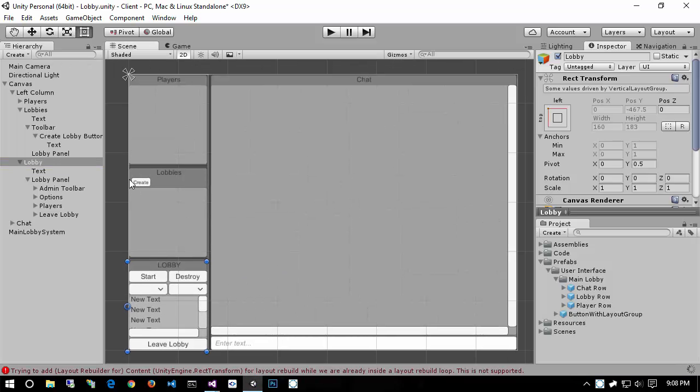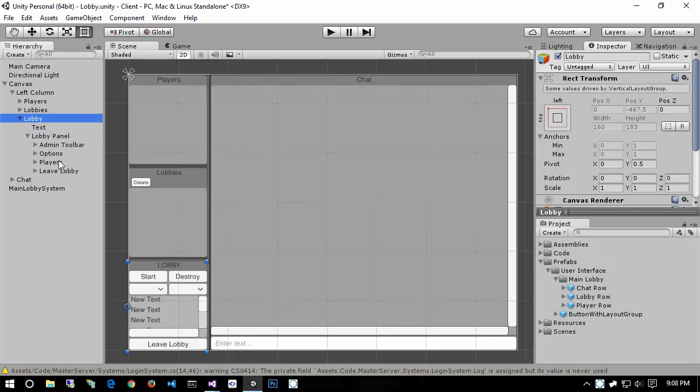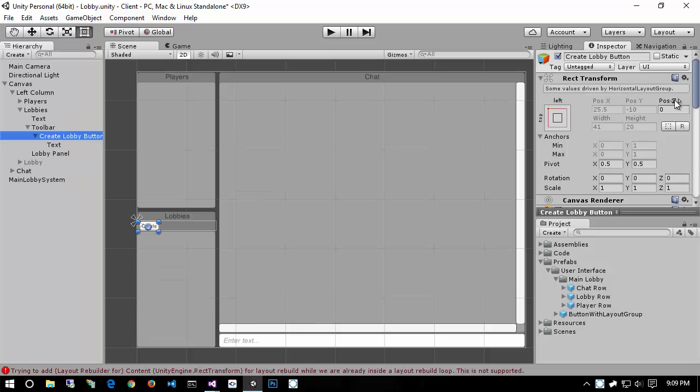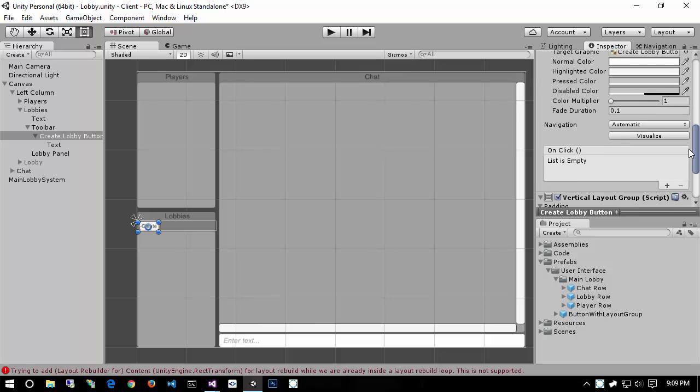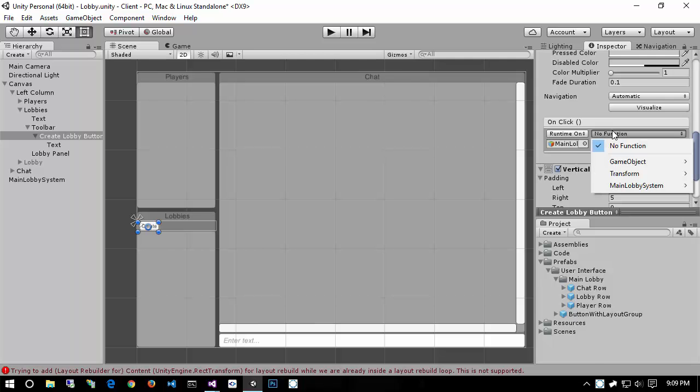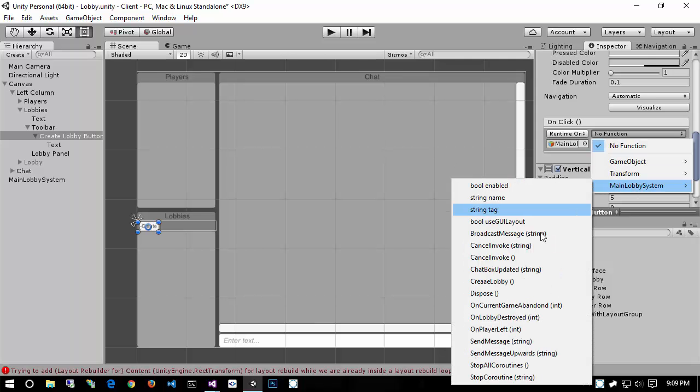And for the create lobby button, I'm going to do a couple things here. In the next video, we'll work on the actual lobby thing here. But for now, I'm just going to hide it. We're not going to worry about that right now. And then for our lobbies toolbar, create lobby button, I'm going to come down here and add a new event handler, on-click handler. I'm going to drag over the main lobby system. And then for its function, I'm going to do main lobby system dot